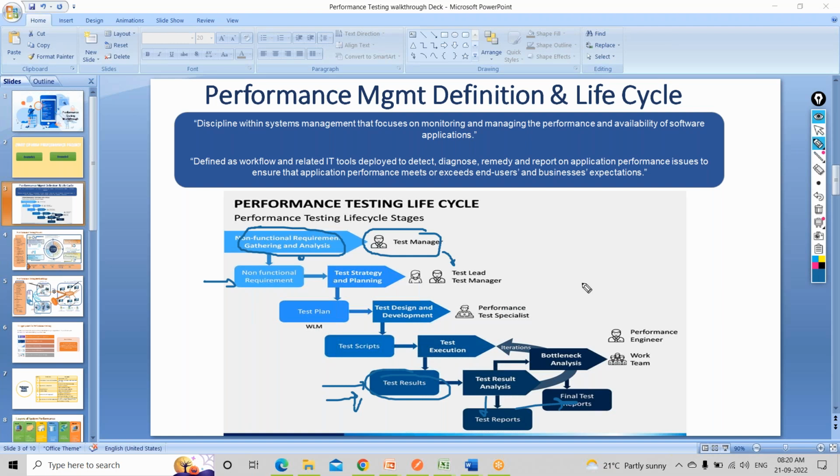But if there were no issues, and after December you say, okay sir, due to some other projects I was not able to do it, that is not acceptable. That never happens. That's why your leads will make sure that you deliver, and from the client perspective, they also track.